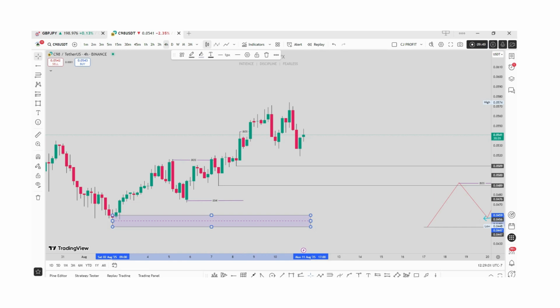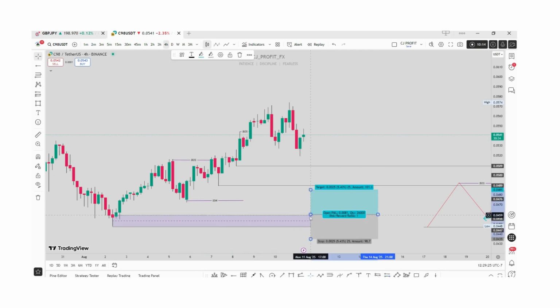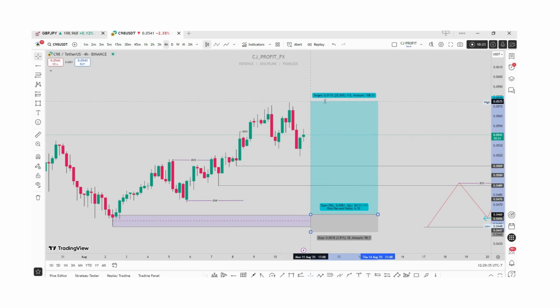So for you to be a good liquidity trader, anytime you are trading, make sure you spot out an area that contains a huge liquidity in which the market might likely react. It's very, very important as a trader that you try to spot out liquidity in your market. The liquidity are inducement areas. So if somebody wants to buy, traders like me, I might say, okay, let me come to this zone and make a buy decision. I set my stop loss below this low, then I extend my TP to the upside.